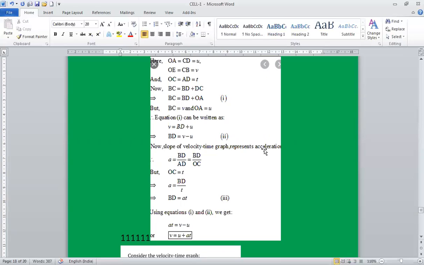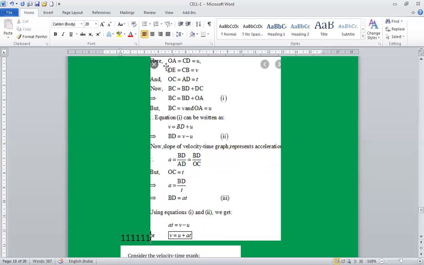This equation of motion gives us a velocity-time relation, so it can be used to determine the final velocity after a given time for an object moving along a straight line with uniform acceleration, if its initial velocity is known. And this equation can also be used to solve numerical problems of retardation.